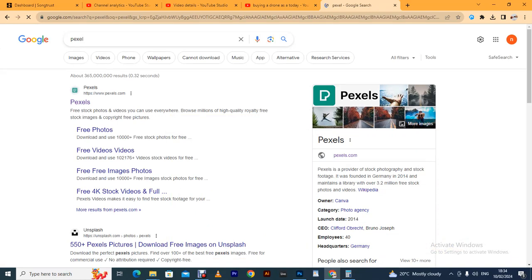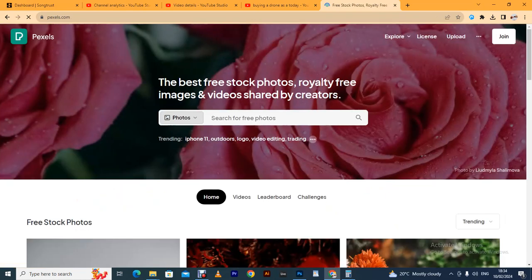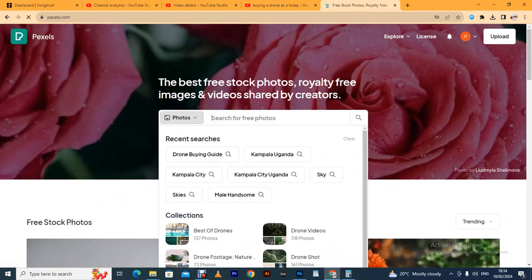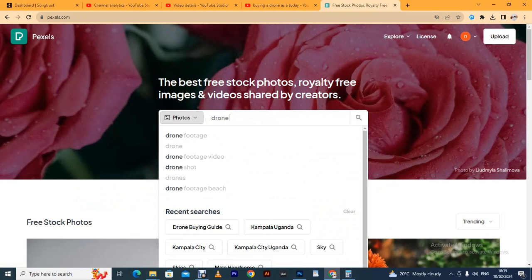It may come on the first page, or it may come after some adverts, depending on the time of searching. So after that, you click Pixel. Are you seeing now? So now you type in drone shots,